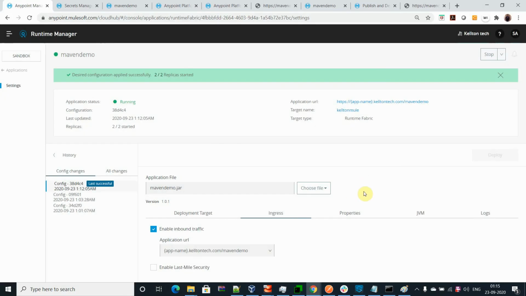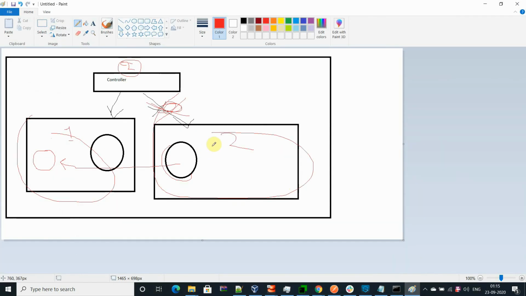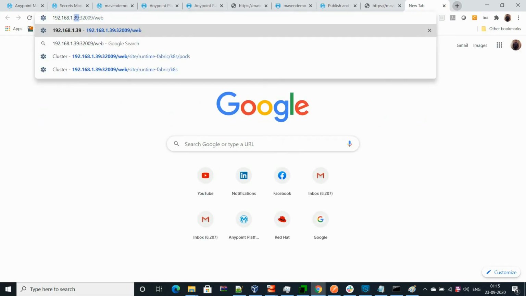Let's make a request. You see, you are receiving the request. Now, what is the issue over here? The point is that if server 2 went wrong, something went wrong with the server and it's not responding to the controller. Let's go and see the controller, which is 192.34, I believe 35.